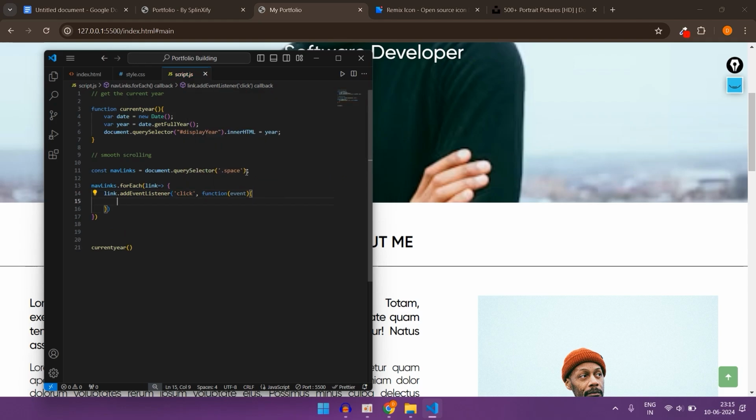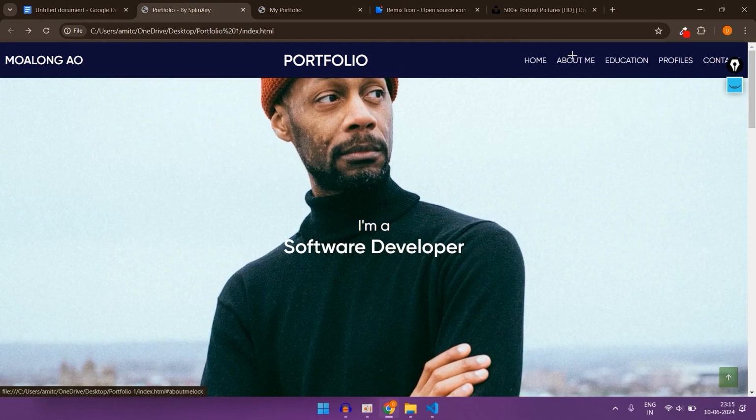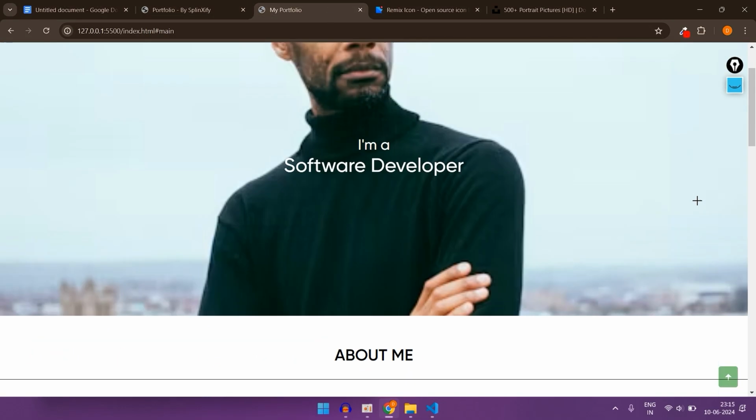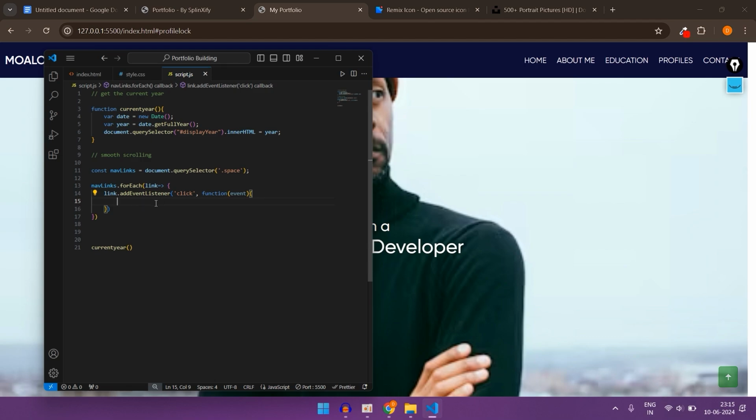Where we want to prevent this. When I click it, it's directly teleporting, right? We want to prevent that, since that's the default loader. So that's why we are writing: whenever the user clicks on any of the links